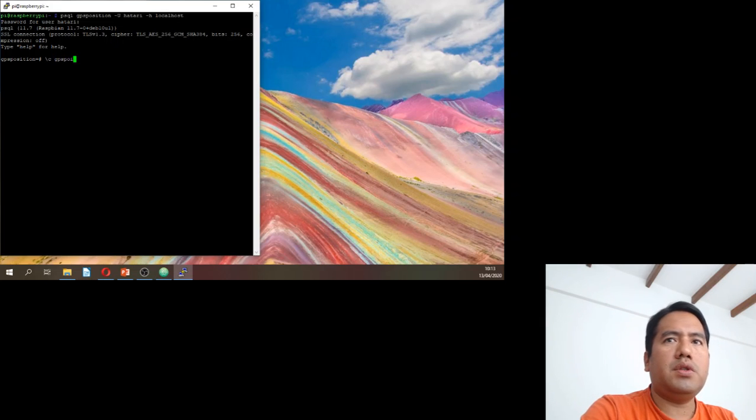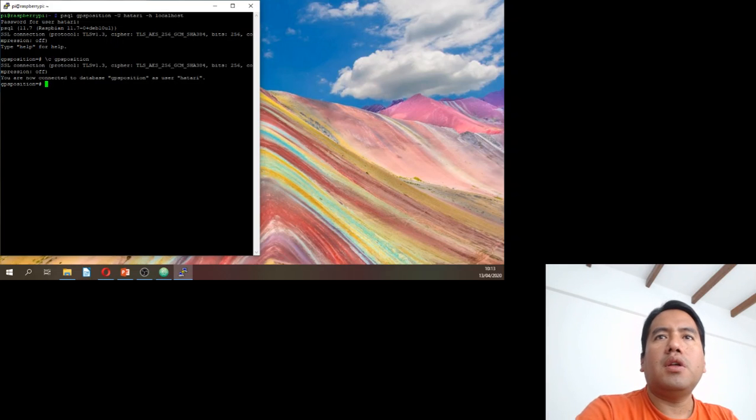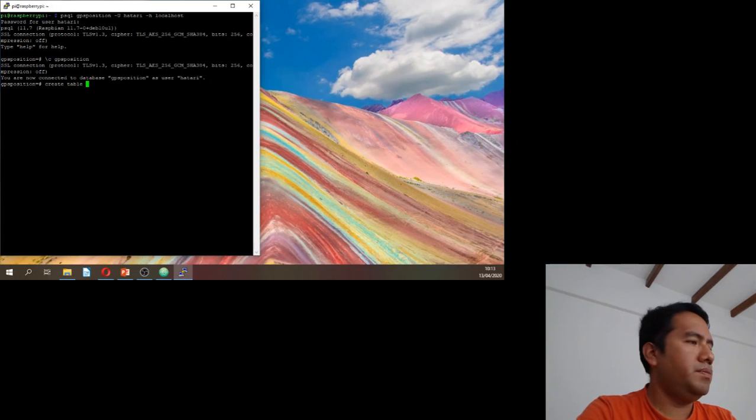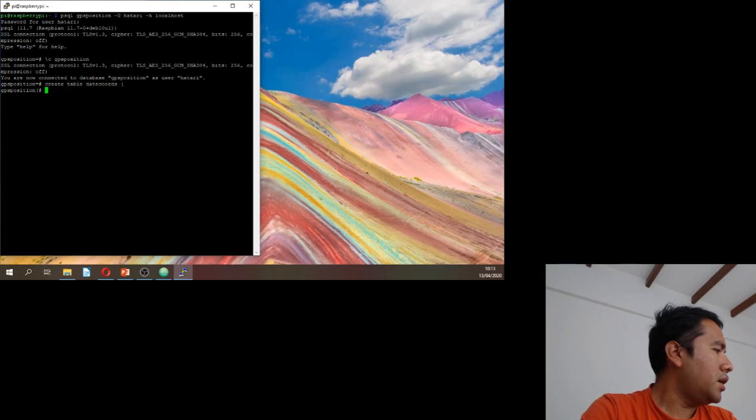EPS position. Okay, with that I enter. I use the databases like use database. Okay, EPS position. I'm now connected to EPS position, and I say create table date court where the ID will be the serial primary key,